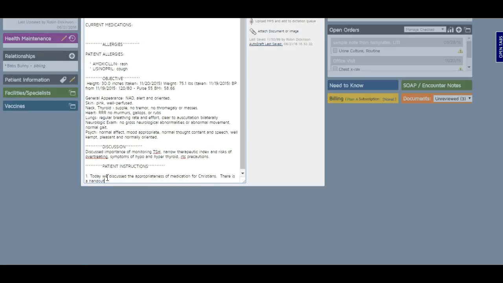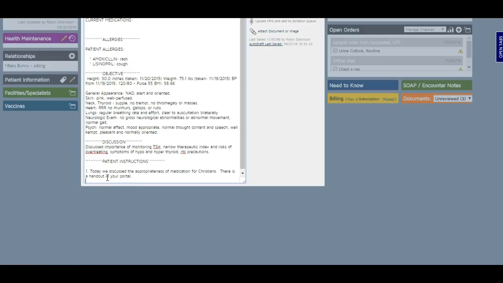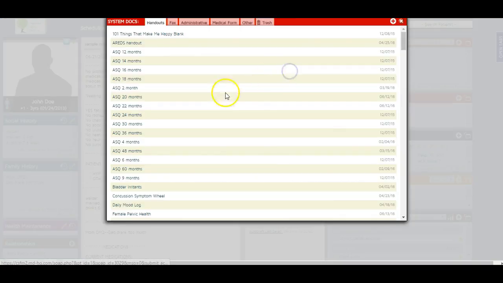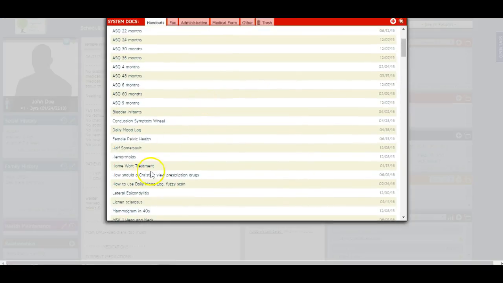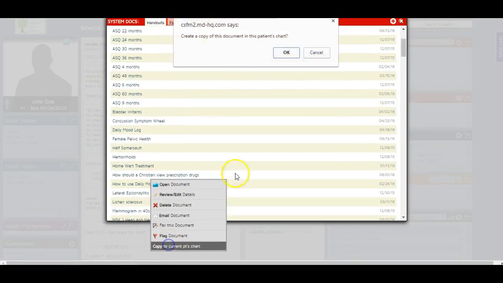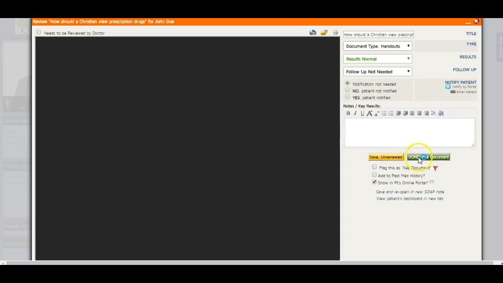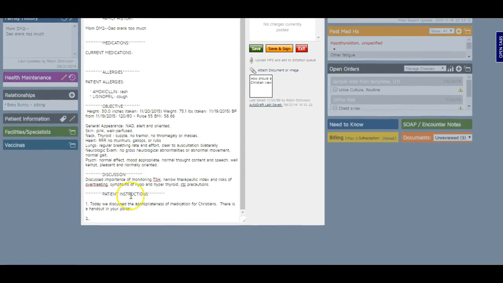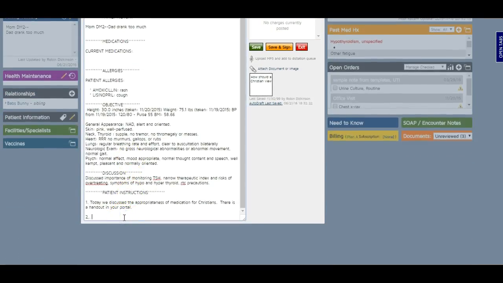There is a handout in the portal. And while we were talking about it, I could just hop up here, go into my documents, and put "how should a Christian view prescription drugs" into this chart. Done. So now that's waiting for him to read later at his own time. Let's say,